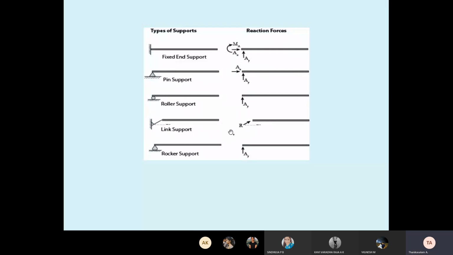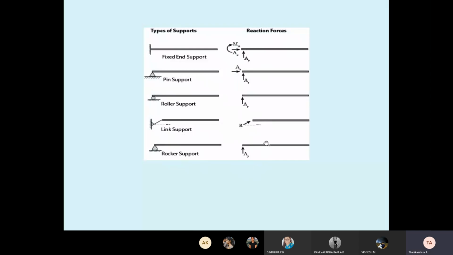Students, when connected or linked, you take tension. Here the connector means fixed. That's why there are two reactions and a couple moment. A pin joint, so based on the support, the reaction will change. Students, understand and memorize. When a roller is given, only one reaction. The rocker support gives only one reaction, in the vertical direction.